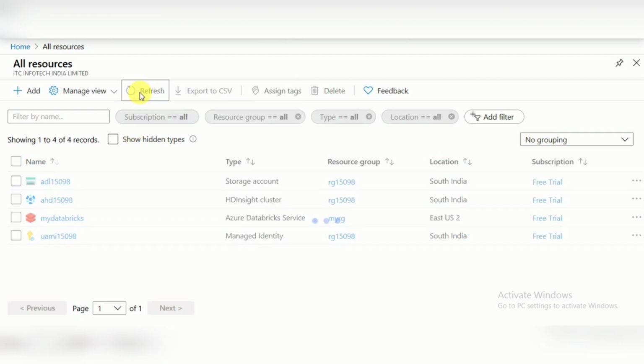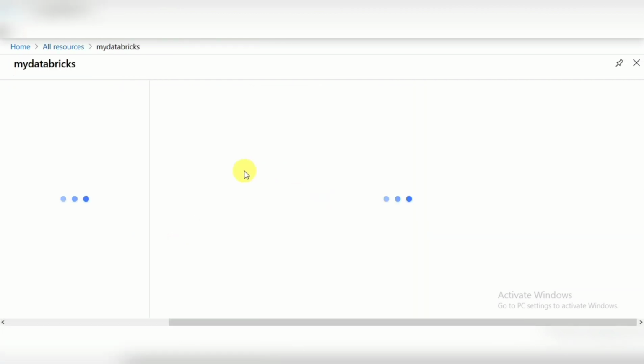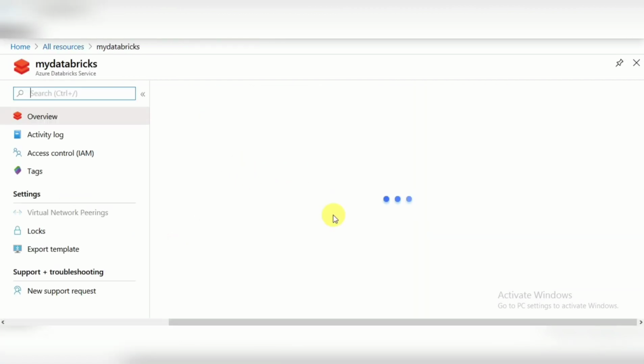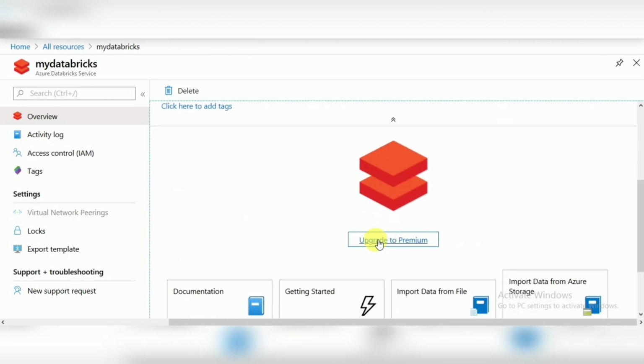Now it's creating. If you click on your Databricks account, look here, you can see only one option called upgrade to premium, and another option called launch. You're not getting that option yet because it is still in progress, still creating.